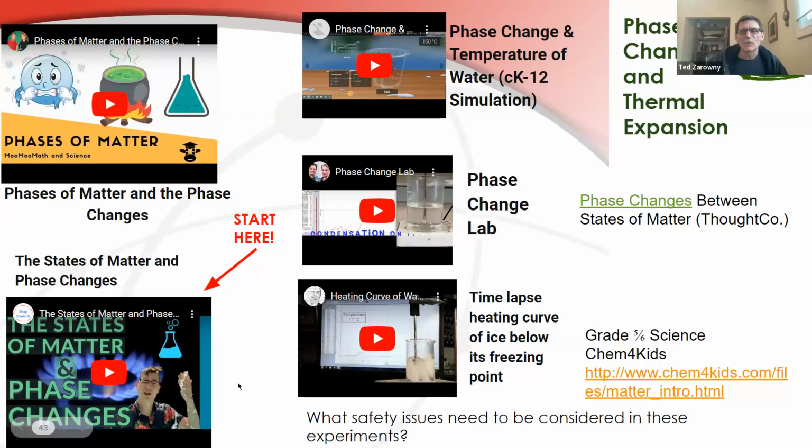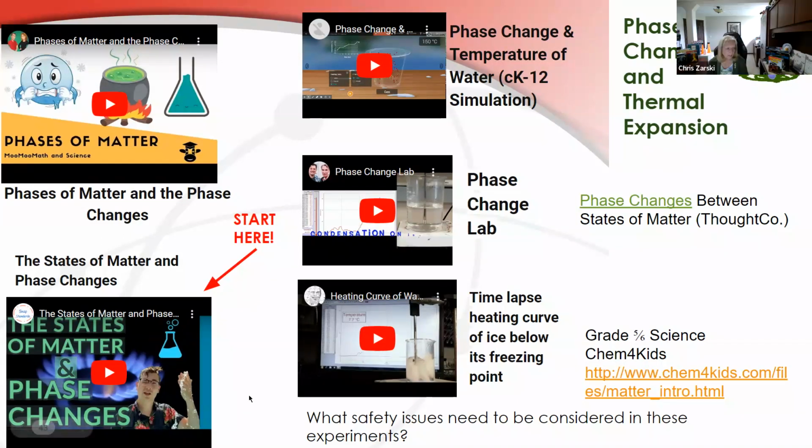But again, here's some more. Chris is going to share with you some ideas of how to build those other concepts that were on that list. And so when we look at some of these, I don't think we have time for it today, but this screen really gives you a lot of starting points. And again, if I was going to use a video, which I do use, I also like case studies. I like to approach it from less stand up and deliver and more, I'm going to give you some info. I don't really care right now if you don't know anything about it, because I'm going to ask you questions about what you did learn from it, and then to gather and garner where the students are at.